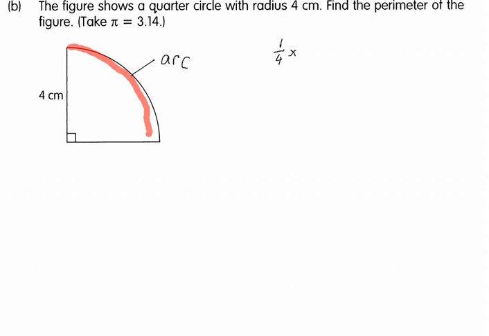Why? Because the question gave radius, right? So the choice of the formula is important, understand or not? Because the question gave radius, I'll use 2 pi r. So in this case it is 1/4 times 2